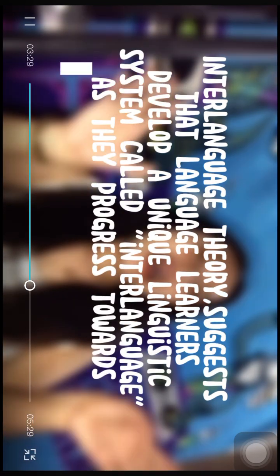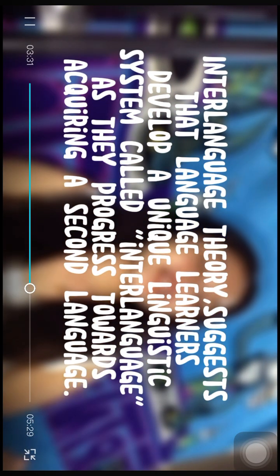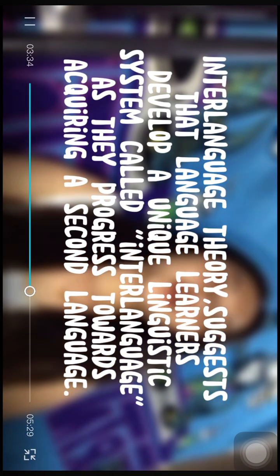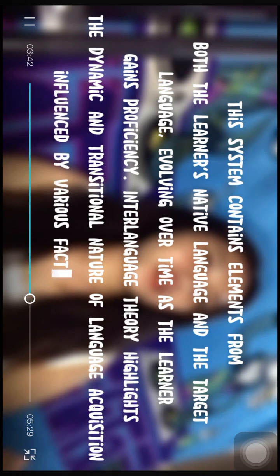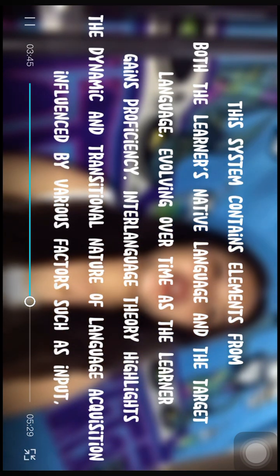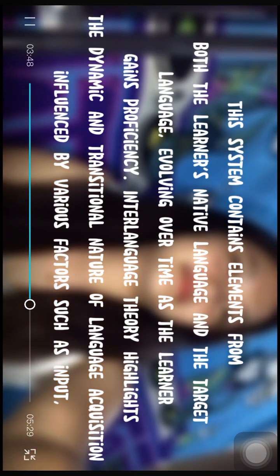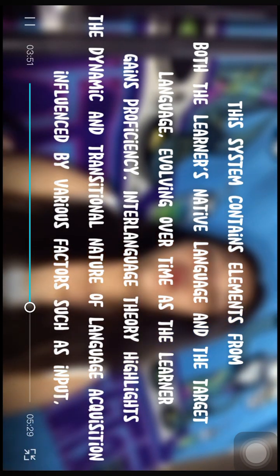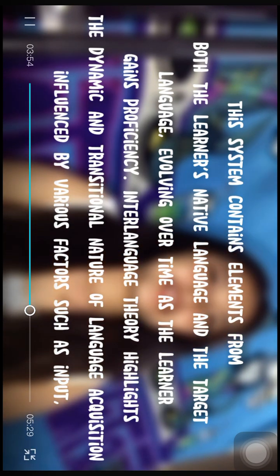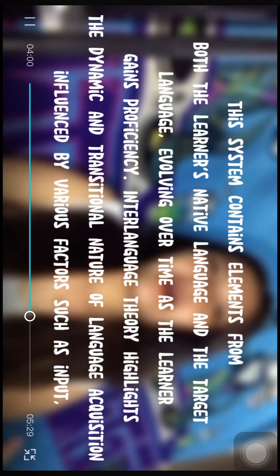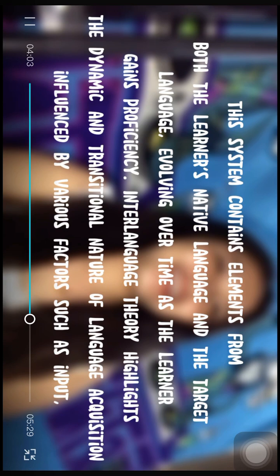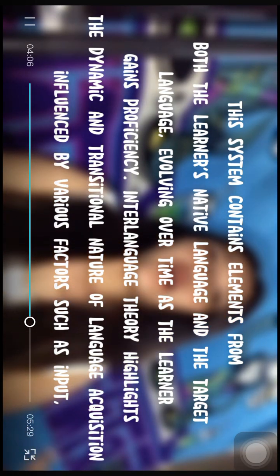patterns and learner strategies. Interlanguage theory suggests that language learners develop a unique linguistic system called interlanguage as they progress towards acquiring a second language. This system contains elements from both the learner's native language and the target language, evolving over time as a learner gains proficiency. Interlanguage theory highlights the dynamic and transitional nature of language acquisition, influenced by various factors such as input,